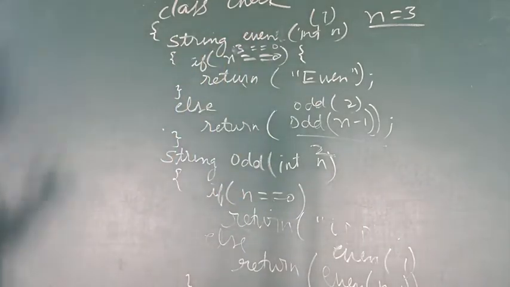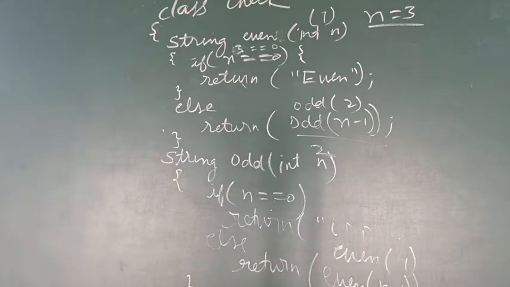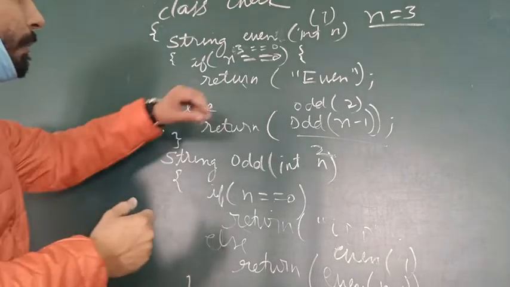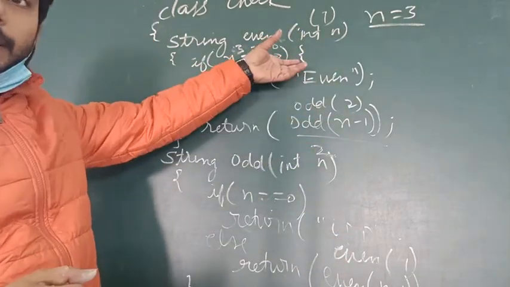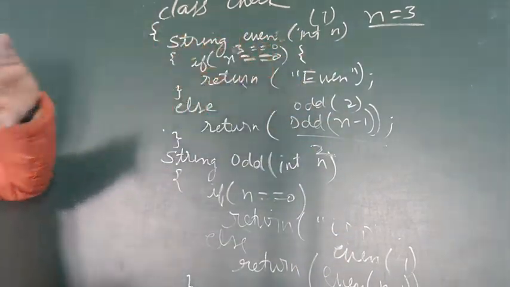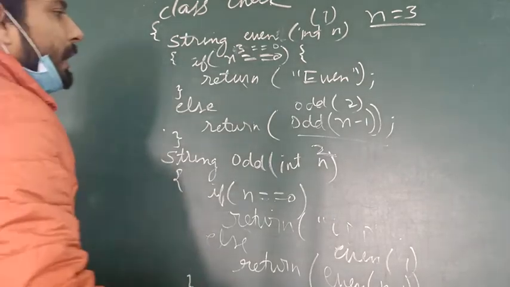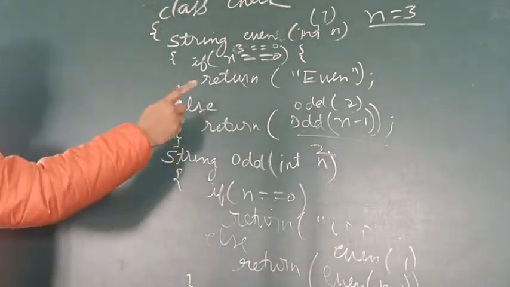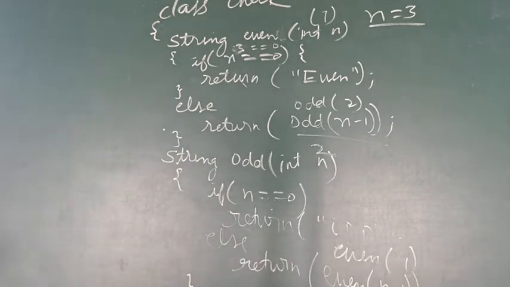Now, a function is calling; two functions are there and these two functions are calling each other, and they are recursion also. Why are they recursion? Because this function is calling that function and your odd function is calling the even function. So they have recursion, but this recursion is called indirect recursion. Because recursion is calling itself again and again, but here the calling is by a different function. So these two functions are dependent on each other.